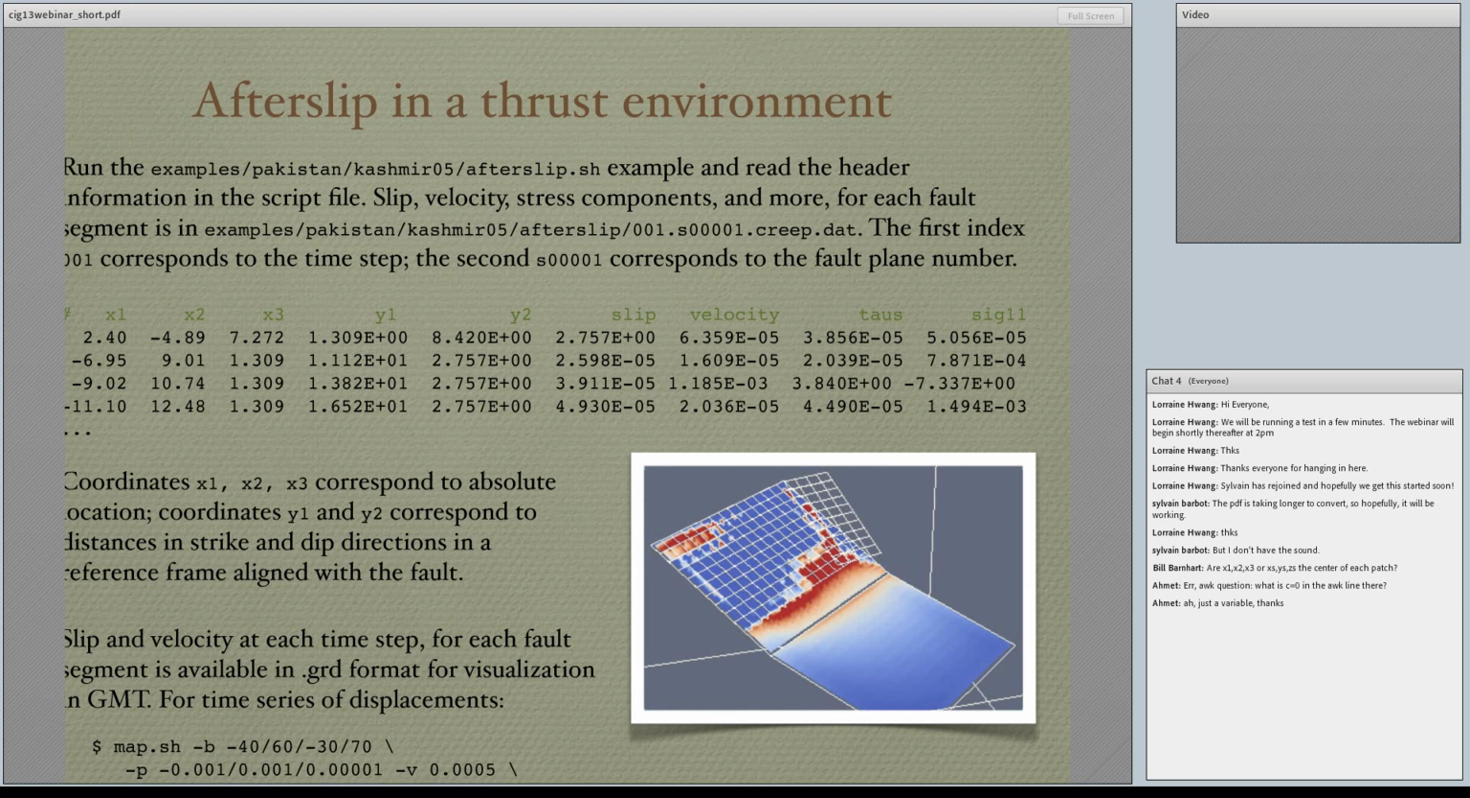And that's a local reference system that is aligned with the strike in the deep direction. So it allows you to visualize the same data, but on a 2D map. Sometimes it's easier. And then you have a lot of information about cumulative slip, velocity, and components of stress. There is probably 20 or so columns in this file, and I've shown you only a few here for simplicity. So if you're interested in evolution of stress, or evolution of slip, or evolution of velocity, all the information is